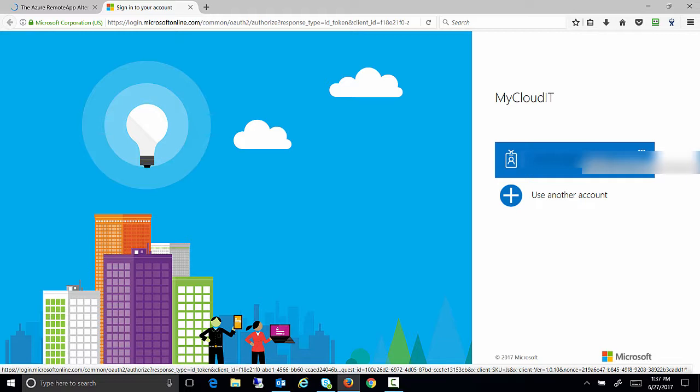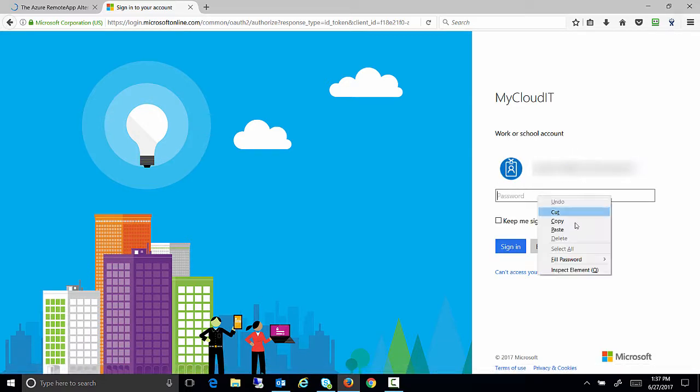We need access to your current Azure RemoteApp collection and move your Azure RemoteApp image from your classic portal into the new ARM portal and then build an infrastructure as a solution around it. So we'll log in with our credentials. The first time you do this, it's going to ask you to grant the MyCloudIT portal to access your Azure